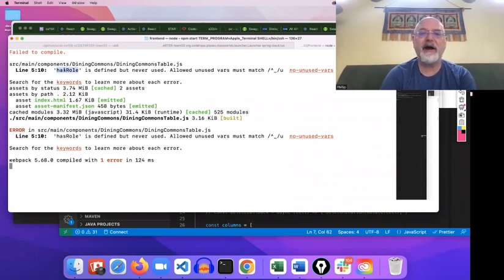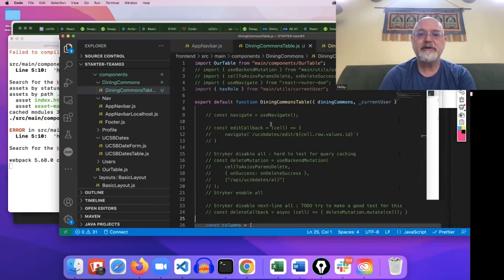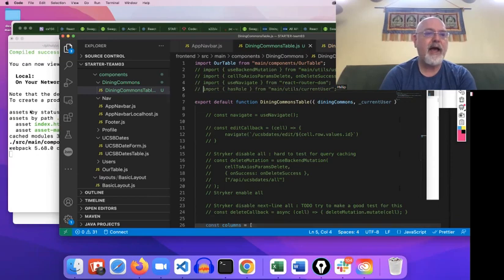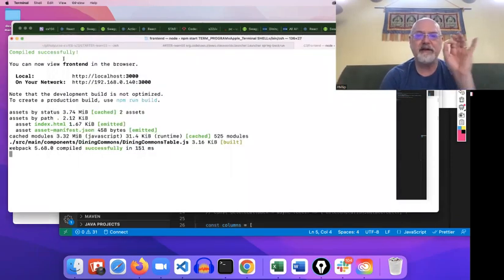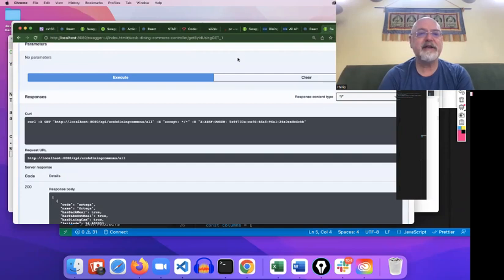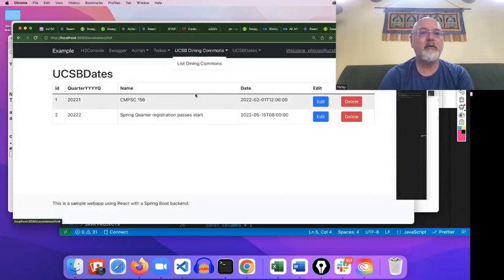hasRole is defined but never used. So let's come over here. There's import hasRole. So I can actually just comment that out if it's never used. And now it says compiled successfully. So that's good. So now I can look at this in the web browser,